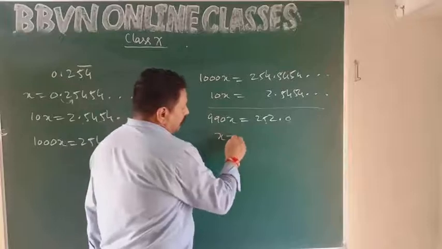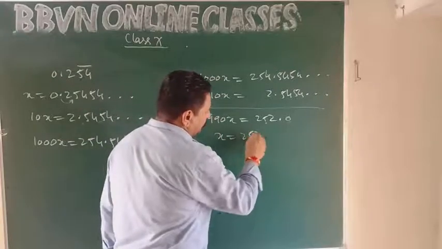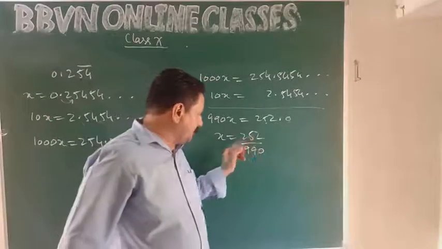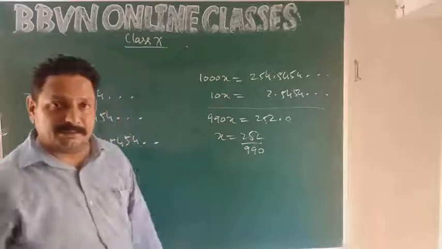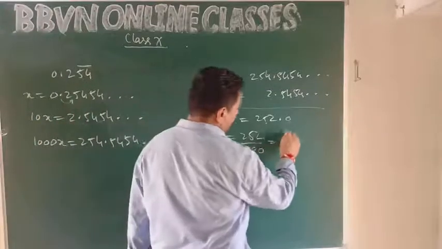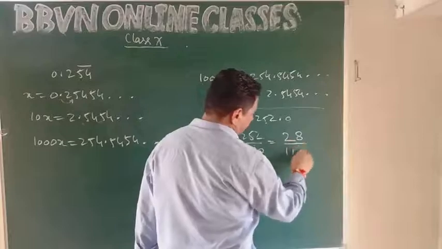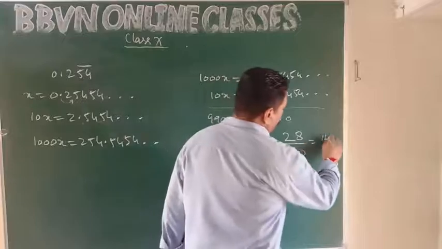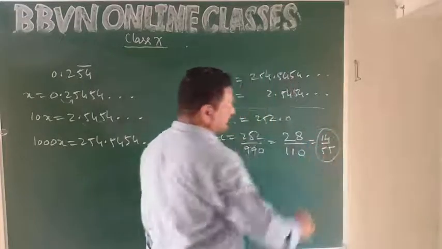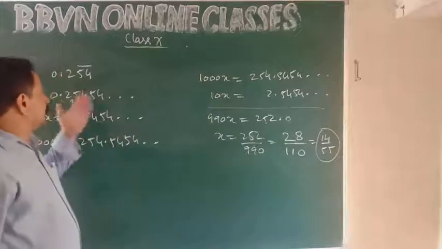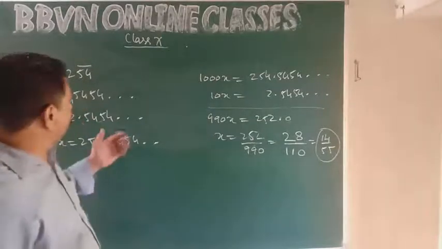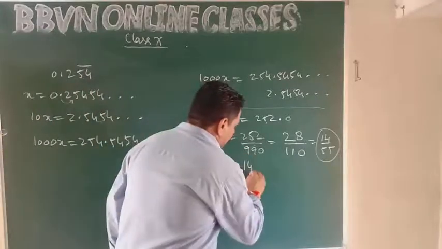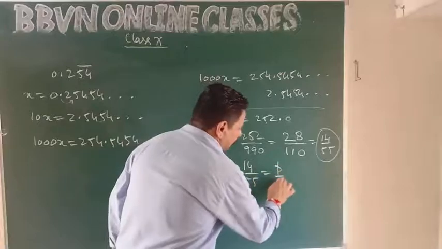Now I want x is equal to 252 upon 990. Now you see 5 plus 2 7 plus 2 9, so numerator and denominator both are divisible by 9. 28 upon 110. Now it is divisible by 2. 14 upon 55. ठीक है, क्वेश्चन में भी कि convert it in the rational form या convert it in the form of p upon q. ओके, अब आप इसको किस फॉर्म में ले आए? 14 upon 55. This is in the form p upon q.